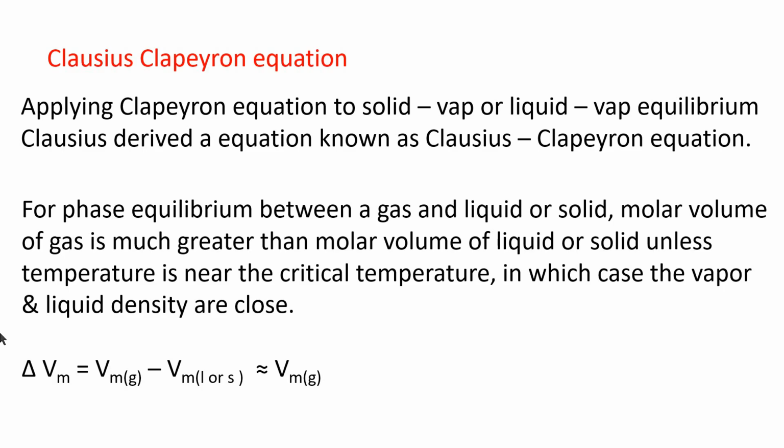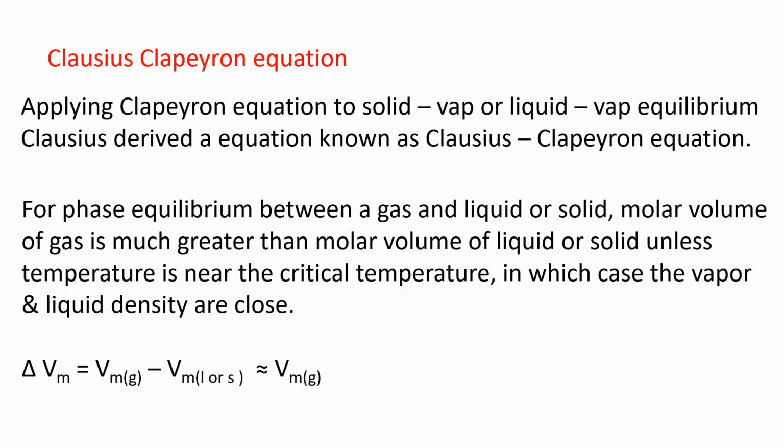Clausius Clapeyron equation. Actually, Clausius took the Clapeyron equation and applied it to the liquid vapor or solid vapor equilibrium for this phase transition after making a small approximation, and then derived an equation known as the Clausius Clapeyron equation. For phase equilibrium between a gas and liquid or gas and solid, the molar volume of the gas is much